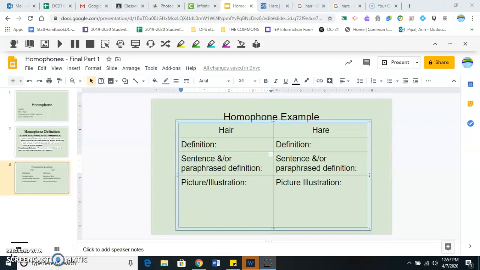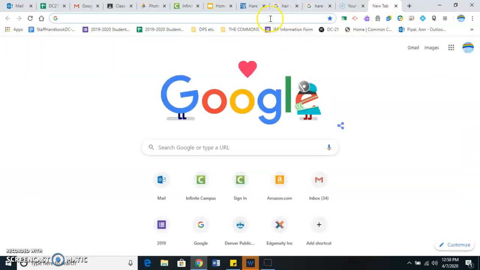All right, so on slide 3, I'm going to model for you how you are going to create your own slide, slide number 4, for the homophones that you choose or are assigned to you. All right, so the two homophones that we are going to look at today is hair and hare. Pronounced the same, different meaning. First one that we're going to look at, and I'm going to do this,